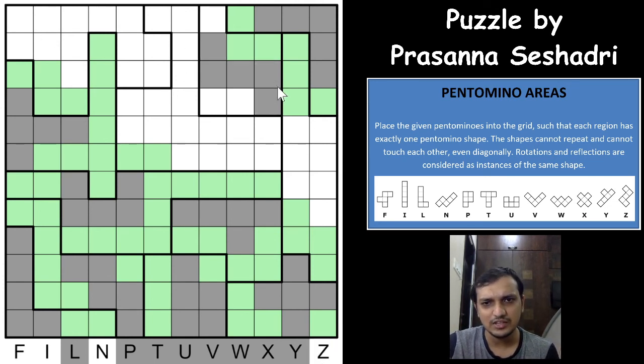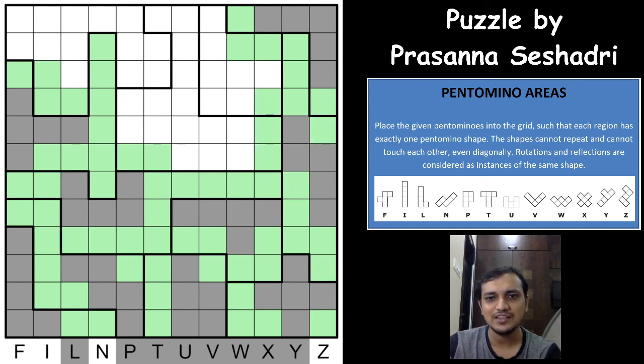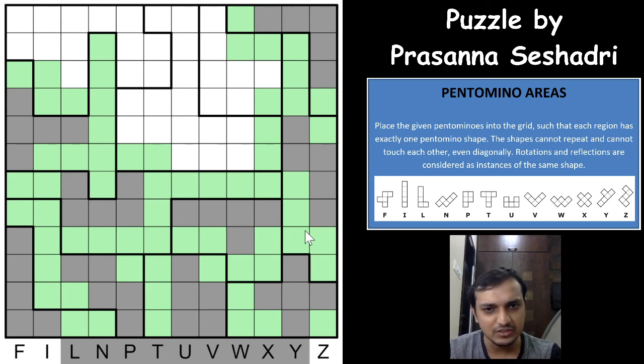So if you see this Z here, 1 2 3 and 1 2 3, you need a 3 by 3 area, and same way for the F, which means that this area cannot have the F and the Z, and it cannot have the I as well, because you need 5 continuous cells for the I, which means that this area will have the N. And it has to be only this way. Excellent. So these kind of things you will surely have to look out for. Such things are really important in a pentomino areas puzzle, and with that you will be able to solve the puzzle easily.